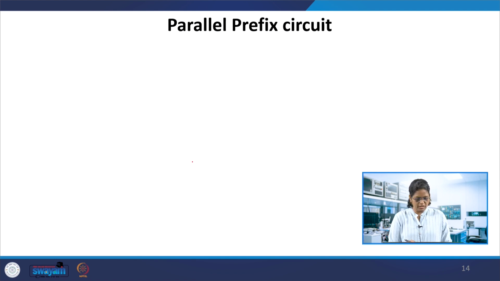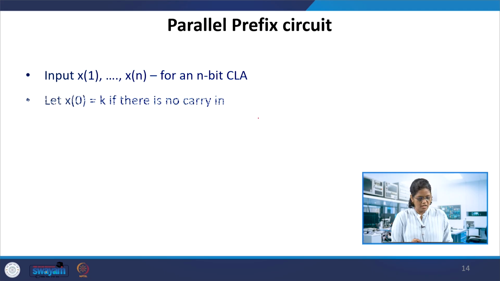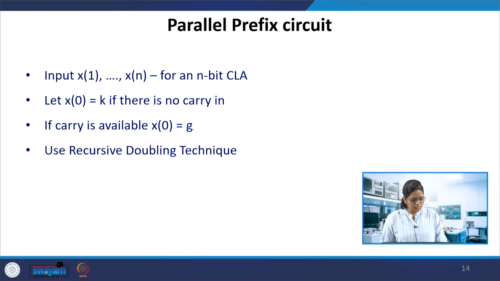Instead of that, we can use the parallel prefix circuit, taking x1 to xn for an n-bit CLA carry look ahead, so that x0 can be assumed as k if there is no carry in, and if there is a carry available, make this generate. So with this, using the recursive doubling technique, we can reduce the number of steps in carry calculation.